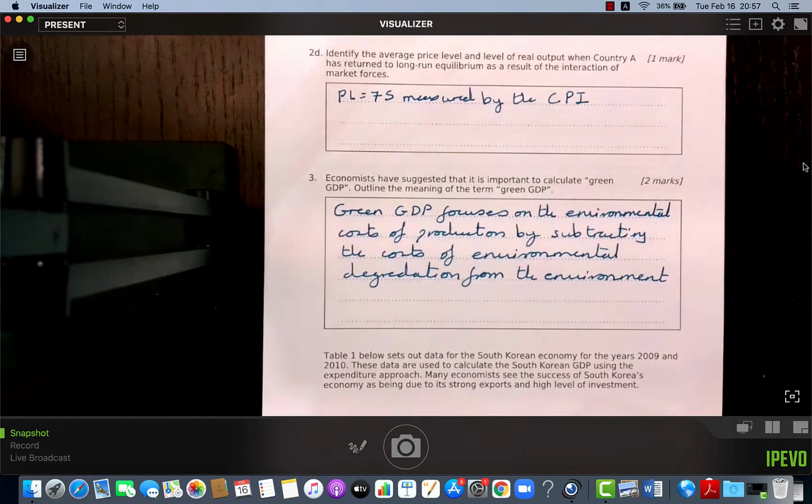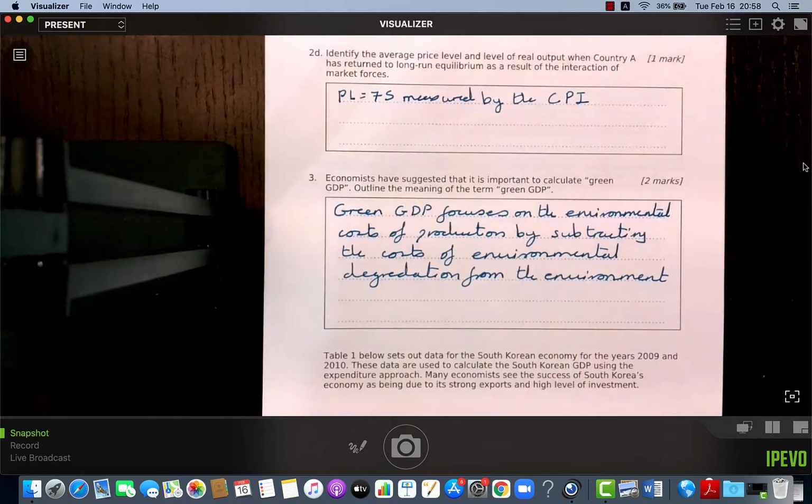Well, gross domestic product on its own, without the green, is the total value of all goods and services produced in an economy. And the more that is produced, the more that we can consume, and therefore the richer that we are, particularly in the long run. In the short run, you can have budget deficits and so on and so forth. And trade deficits as well in the balance of payments. But right now what we're saying is if we have a long run view, basically what we produce we can consume. Okay, I know we can trade with other countries, but still